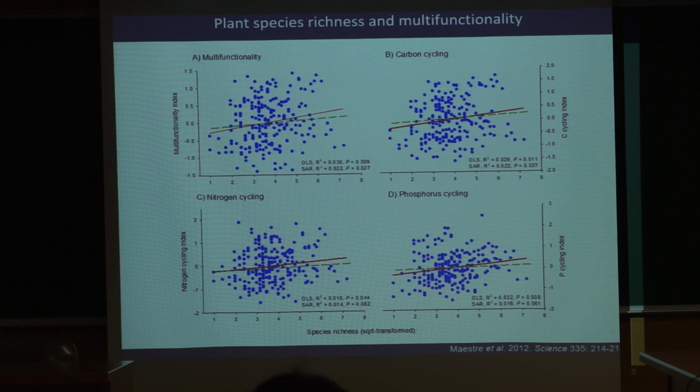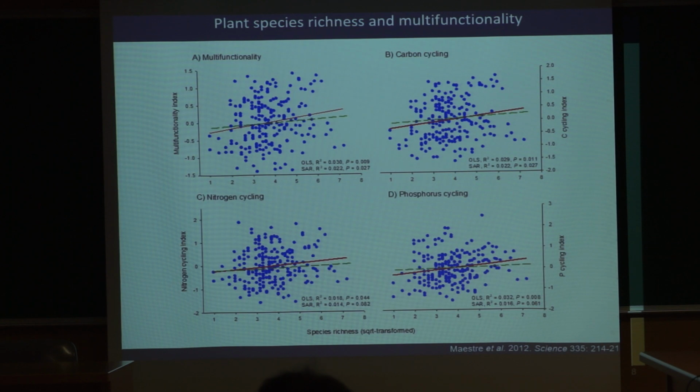In this particular study, we calculate multifunctionality in a very simple way. We collected our different soil variables related to carbon, nitrogen, and phosphorus cycling. We standardized them, and we made an average as our multifunctionality index. It's very simple to interpret. It has some issues, but for the type of data that we have, it works relatively well because we don't